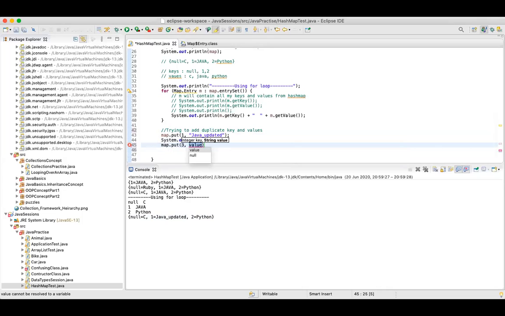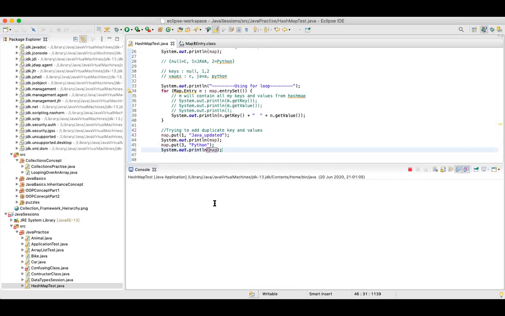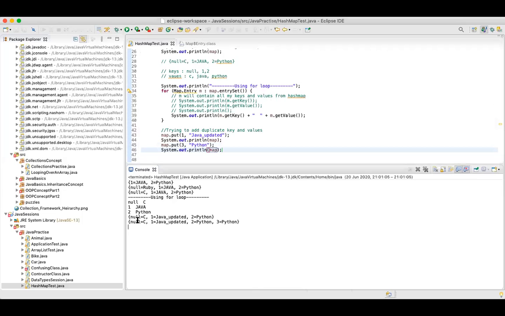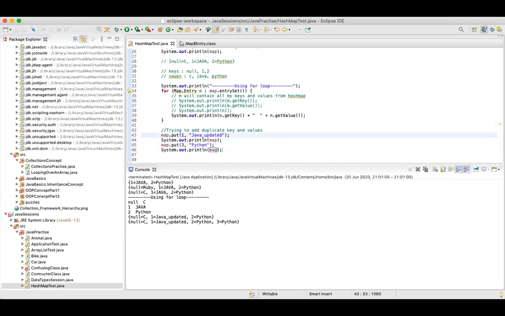And I'll say Python, as a string. Okay, now I'll print my map again. Now when you see, for null we have C, for 1 we have Java updated, for 2 we have Python, and for 3 also we have Python. So are you getting the difference between this and this statement? Guys, there's a difference between this and this statement.